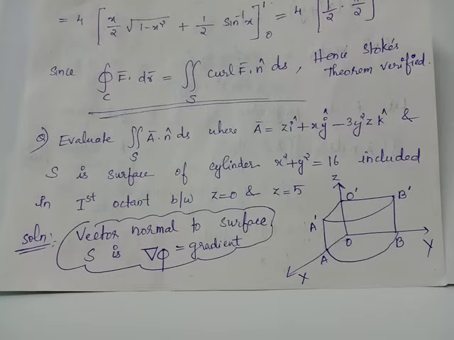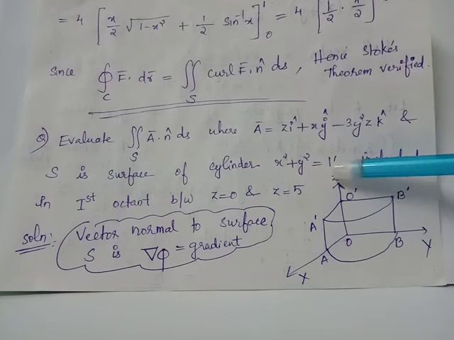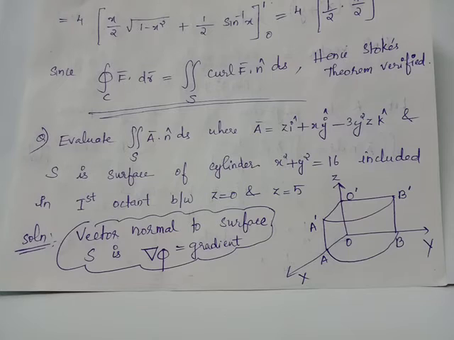When you consider the equation y square equals 16, you get the range of variation of y as negative 4 to positive 4. But we have been given another restriction that the portion of the cylinder to be considered lies in the positive octant, or the first octant. Therefore, we will have to exclude the negative branch. Therefore, y ranges from 0 to 4. In the YZ plane, from the question it is clear that z varies from 0 to 5.